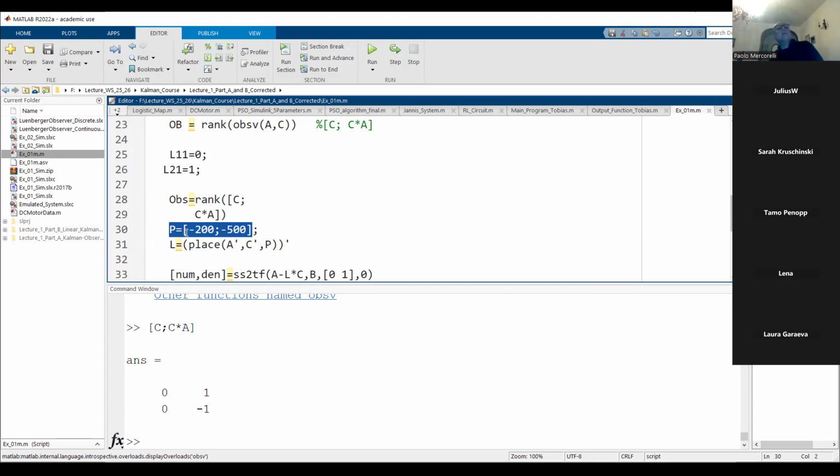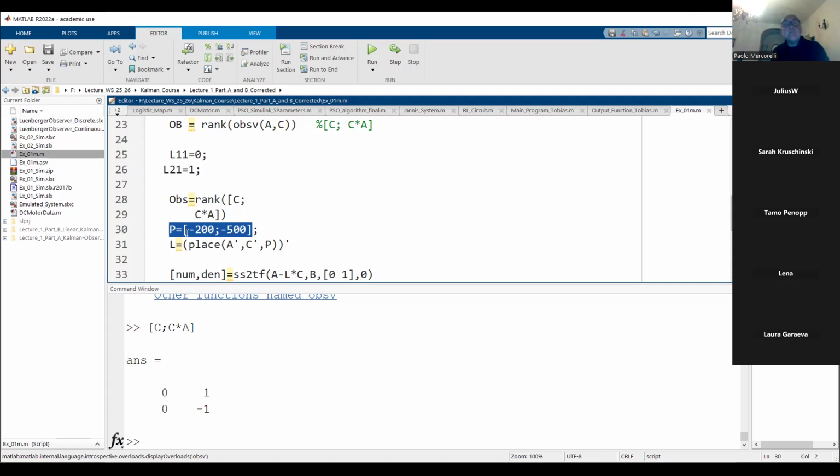For the non-engineer, I would just like to say that we need negative eigenvalues because otherwise the system is unstable. Which system? The observer. The observer is the system. Please pay attention to its dynamics. And the dynamics of the observer is characterized by these two values, minus 200, minus 500,